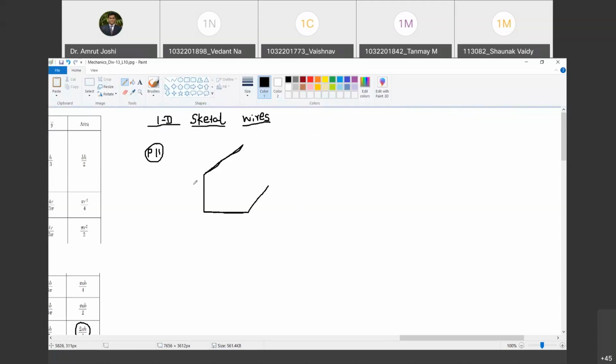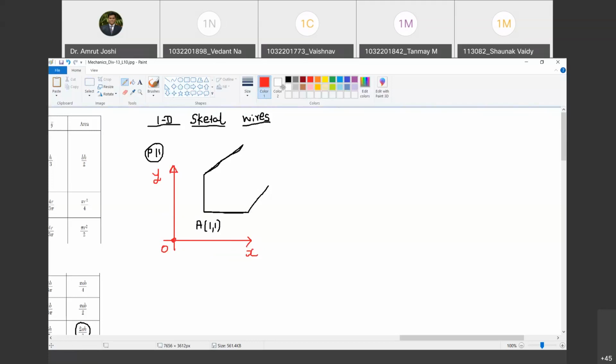Okay. Chalo. So let me write down the coordinates of these points. So let me say coordinate of this point is 1, 1. So where will be the origin? Can you tell me? So, origin will be something like this. So this is 1 unit and this is also 1 unit. Are you with me? Yes, sir. So this is X, this is Y. Happy? Yes, sir. Now, I'm involving you in the process of casting the problem.